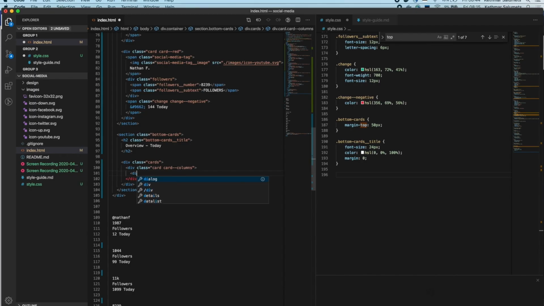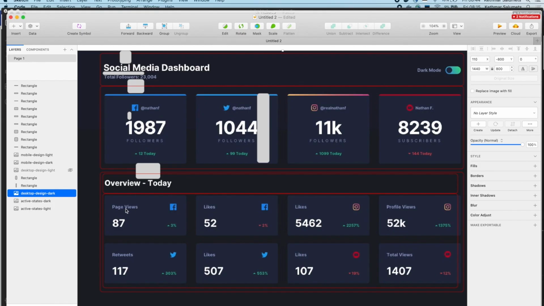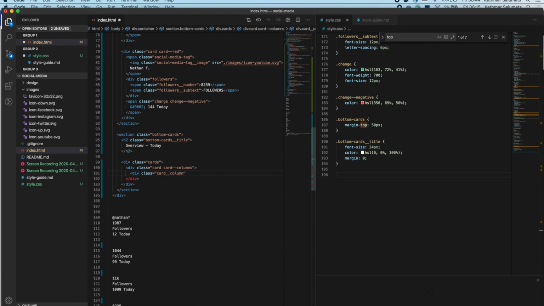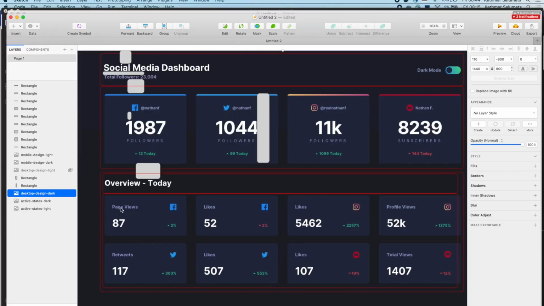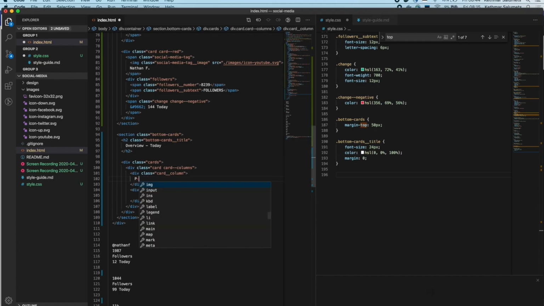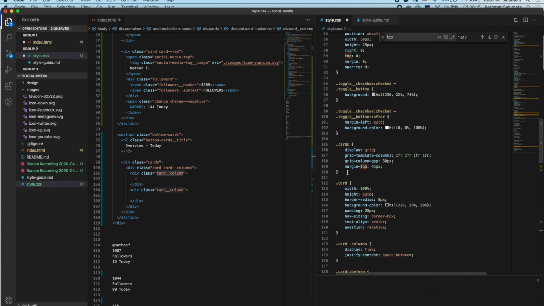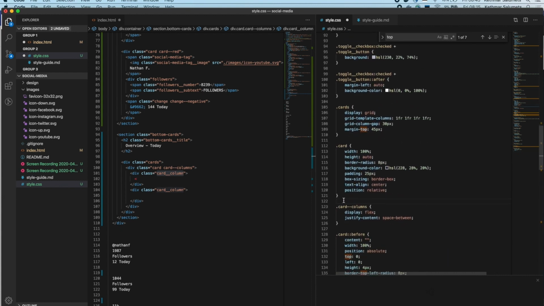Now we have two columns, div class cards column, and maybe it wasn't the best idea to unify those cards, but it's also not the worst thing to do, so I'm gonna keep it. Now we have page, we can use the space between again, but just vertically. Let's try it out. Page views,